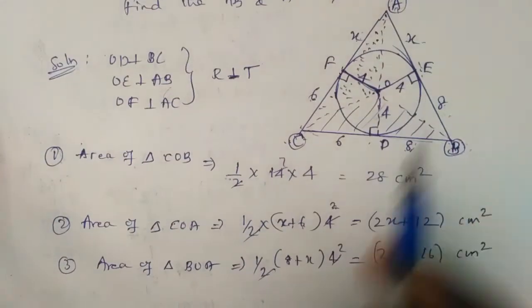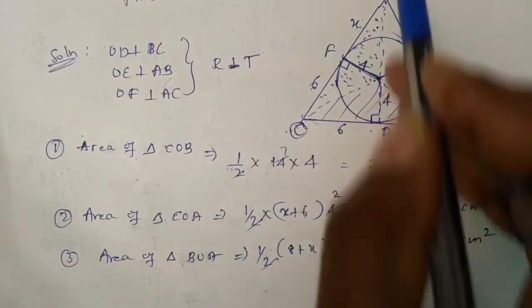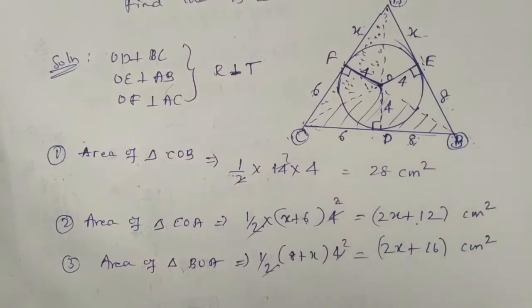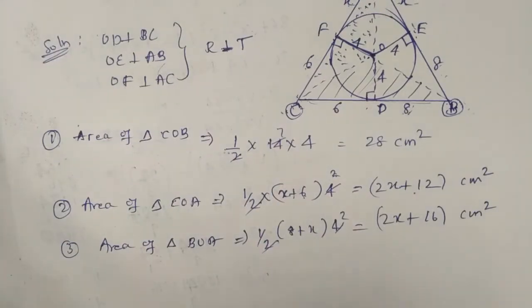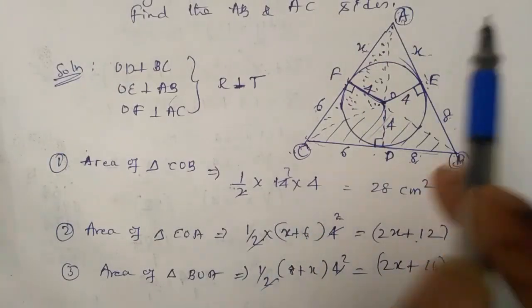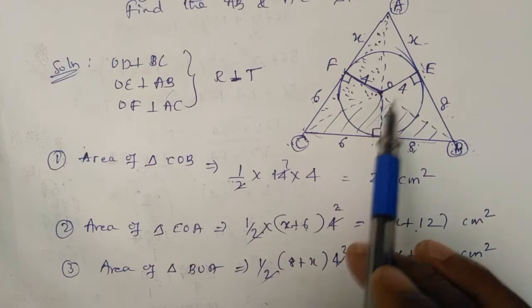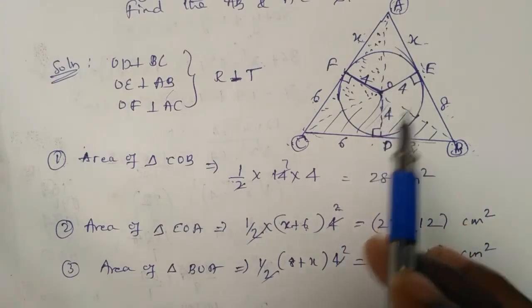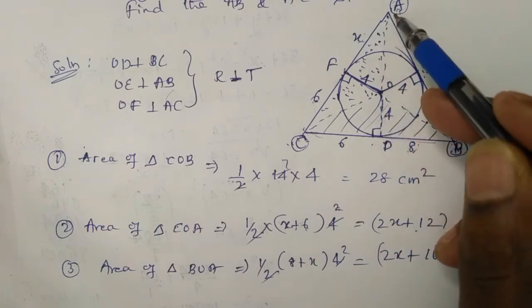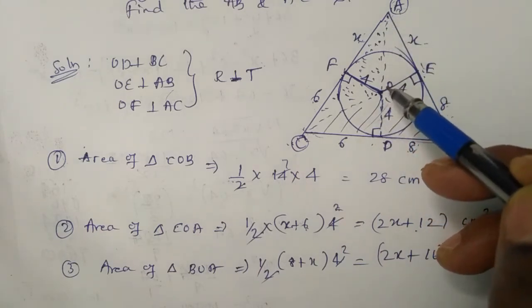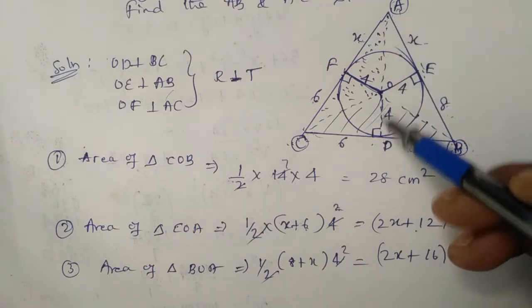So now we go for the whole triangle. There are three triangles, whose sum is equal to the big triangle, but the big triangle area is not given. If the big triangle area is given, that area is equal to the sum of these three, but it is not given. To apply the big triangle area, we cannot go to half into BH because the height is not given. So we think that this is the only height. No, it is not straight. We don't know whether this line A to O and O to D are straight or not. It may be straight, it may not be straight.